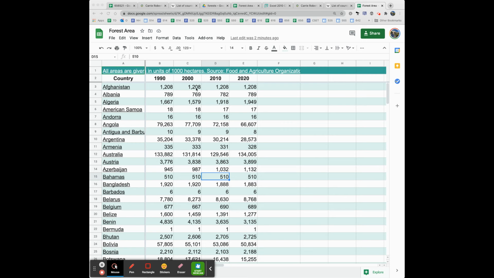And so notice that all areas are given in 1,000 hectare units, so you have to move the decimal 3 places. So for example, Angola would actually have 79,263,000 hectares in 1990. So first of all, we're going to do a calculation here,